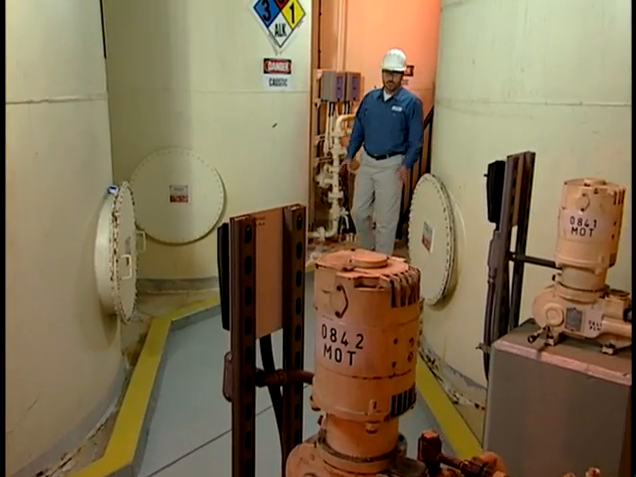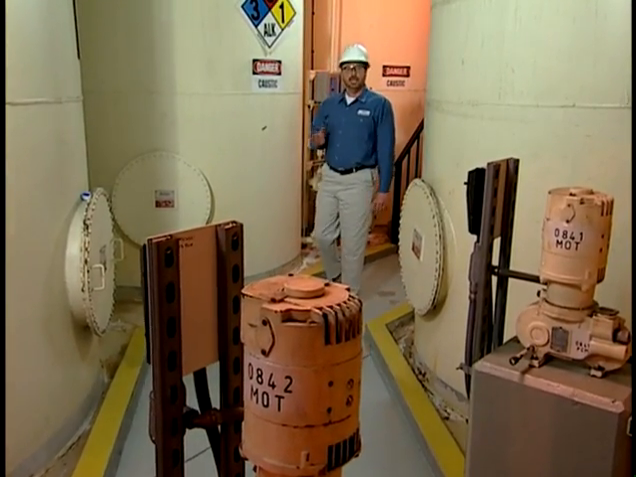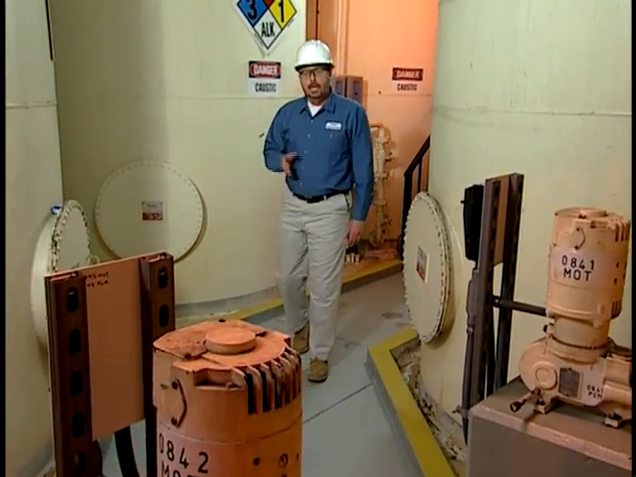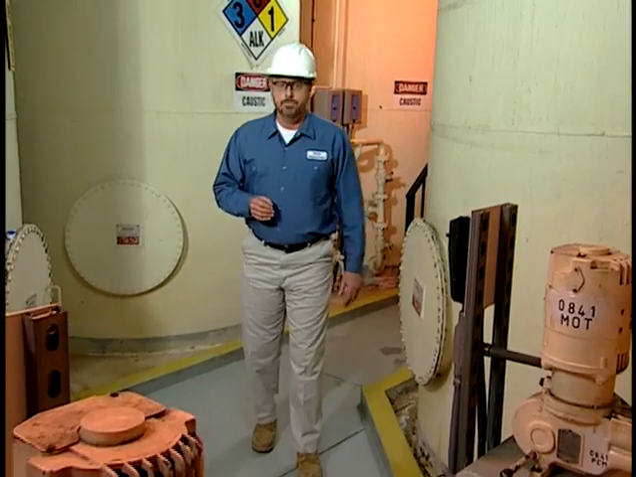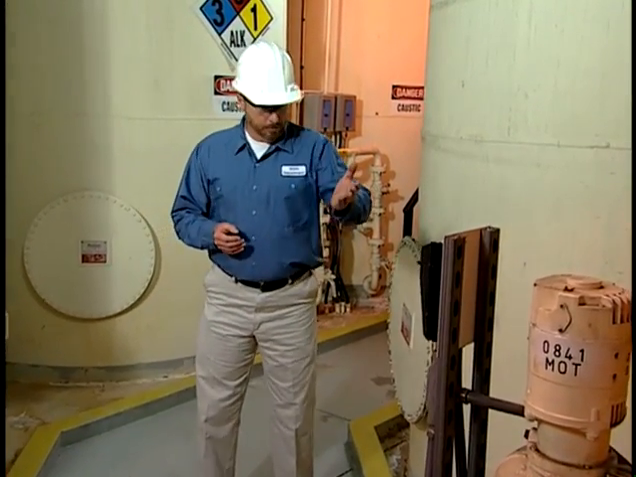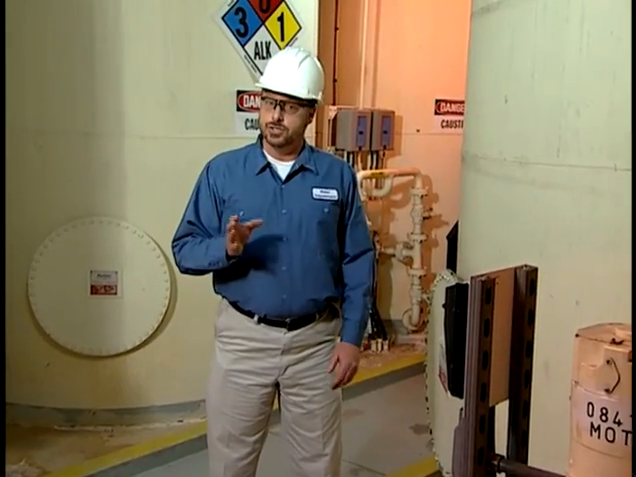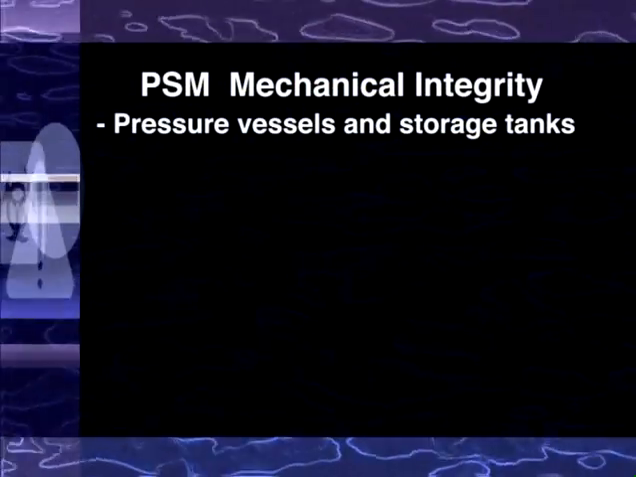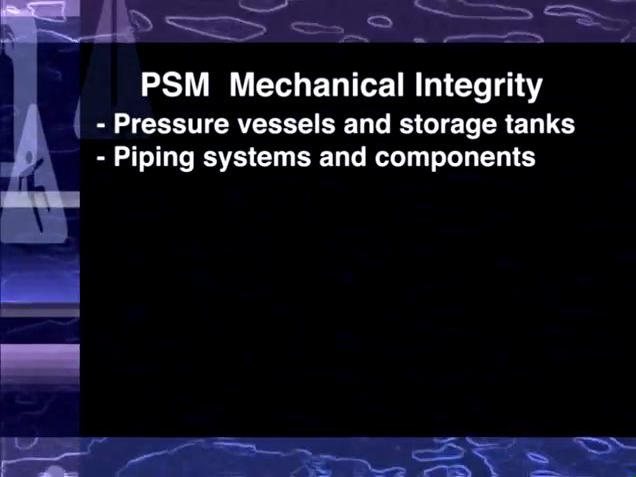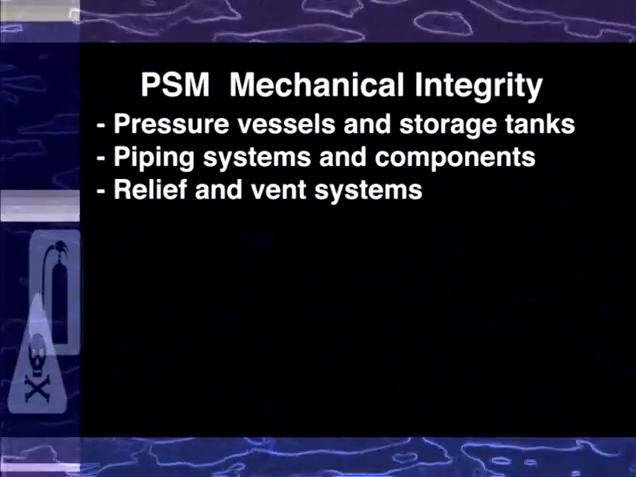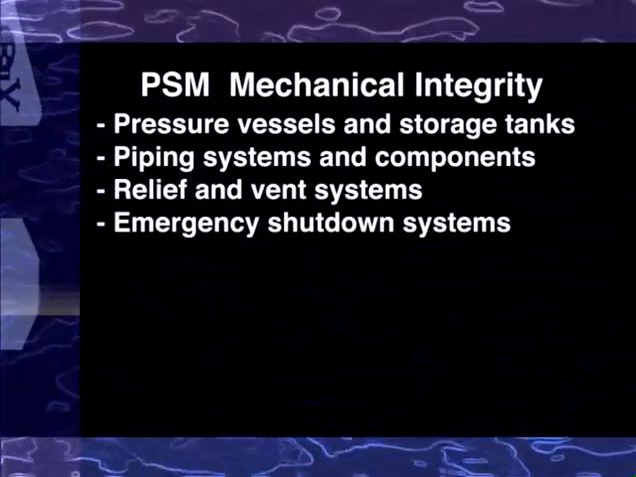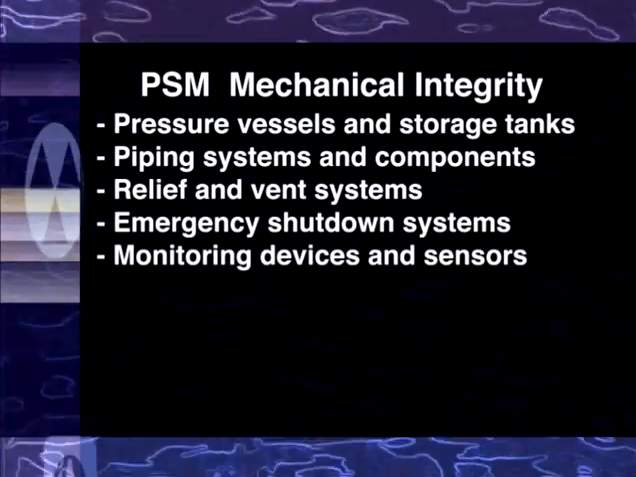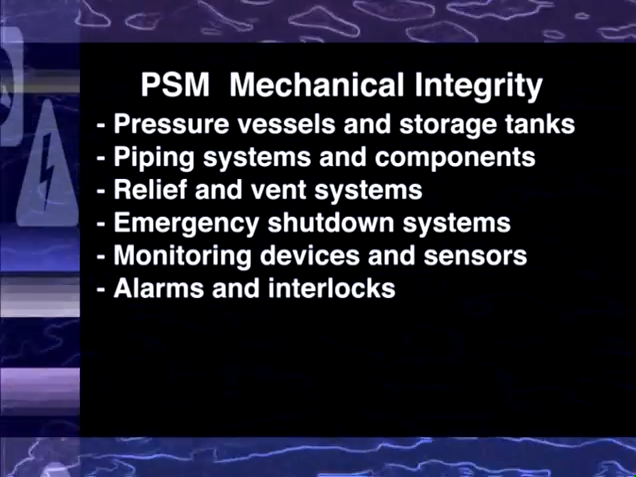Water utility employees and the management team, as we've noted, are certainly key components of process safety management. But we also need to consider our hardware. More precisely, the mechanical integrity of critical process equipment to ensure it is designed and installed correctly and operates properly. PSM mechanical integrity requirements apply to the following equipment: pressure vessels and storage tanks, piping systems including piping components such as valves, relief and vent systems and devices, emergency shutdown systems, controls including monitoring devices and sensors, alarms and interlocks,